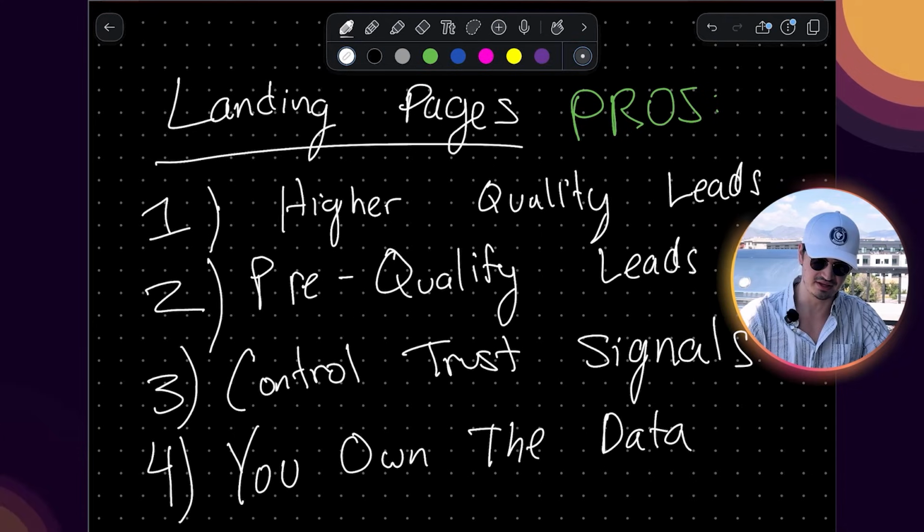Now, what I mean by this, when someone fills out a lead form, Facebook owns that data, right? We can access some of that data, but a lot of the data that we have access to is limited, right? And so Facebook has tons of data about that person, the IP address, they have all this other information that they won't share with you. So when we take them off Facebook, we can install our own tracking software, and all of a sudden, all of that data is ours, right? And the reason that's important is then we can decide what we actually send back to Facebook, which leads me